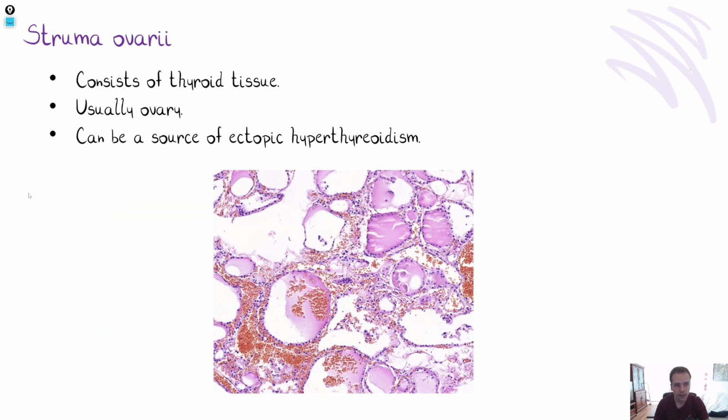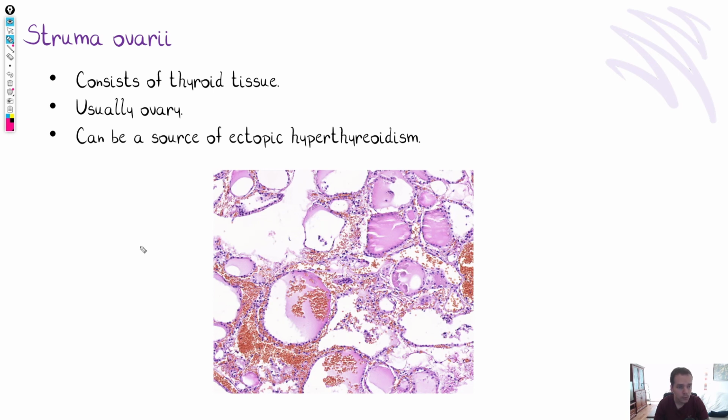And then we have a struma ovari. Sometimes the teratoma can contain thyroid tissue. It is not common, but it is not rare. And it's typical for ovarian teratomas. So especially in ovaries, the teratomas can contain